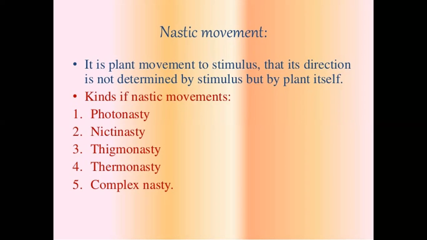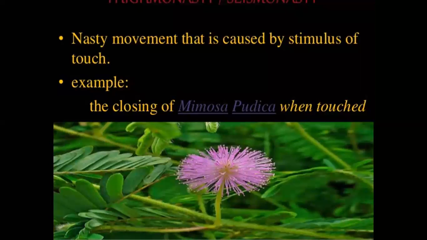Kinds of nastic movements: photonasty, nyctinasty, thigmonasty, thermonasty, and complex nasty. The nastic movement by the stimulus of touch, the closing of Mimosa pudica when touched, is an example of